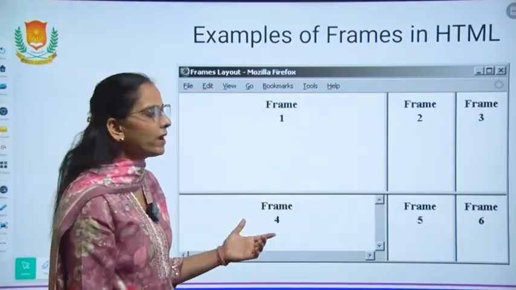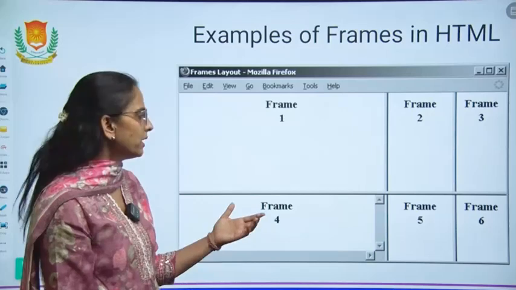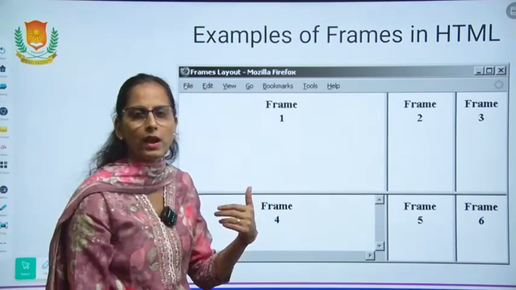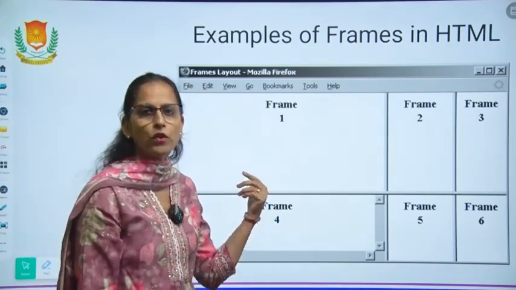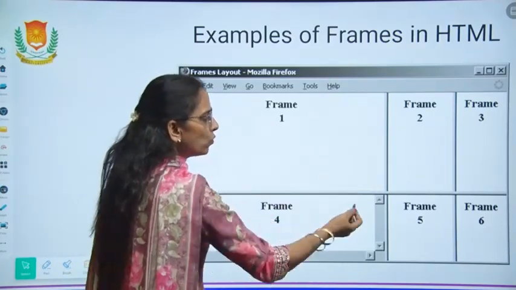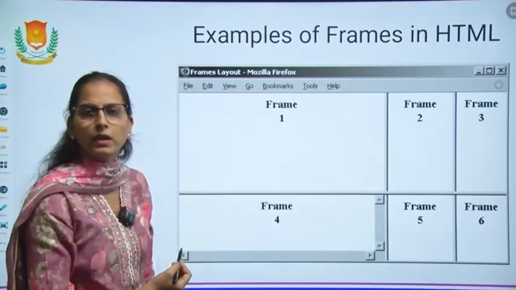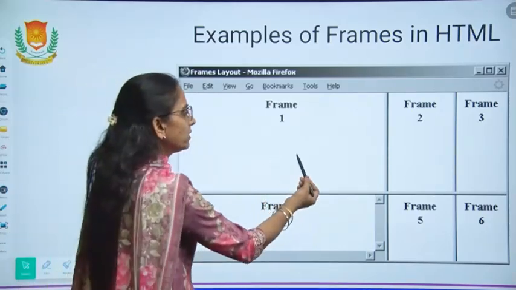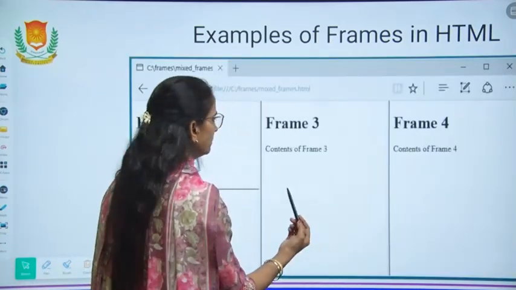This is basically an example of a combination of horizontal and vertical frames where we have divided two rows, and in the two rows we have taken three specific sections.